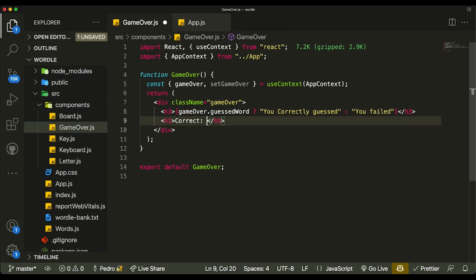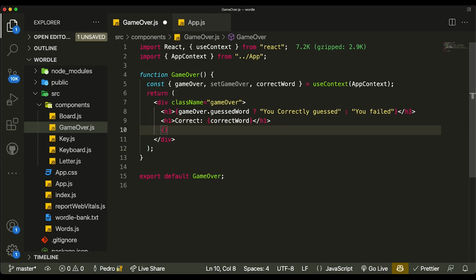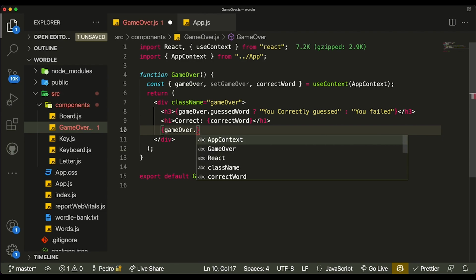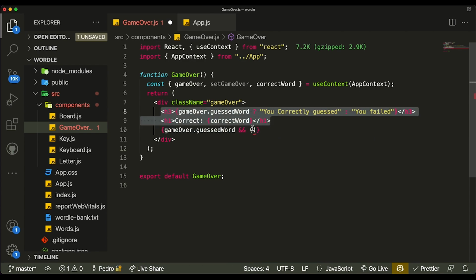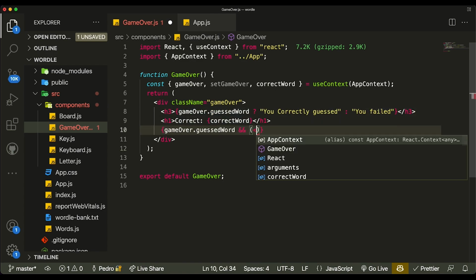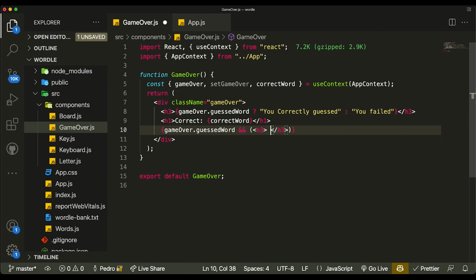It will list out the correct word, and to have access to the correct word, we'll just grab it over here like this, and we'll just put it right over here. And then we'll ask, okay, if game over dot guessed word, then we want to say how many attempts it took for this person to guess the word. So this will only be called if the person actually guessed the word. If they failed, you will only see 2 of this, but if they won, then you'll see the 3 of them. And what we want to show is just an h3 tag like this, saying you guessed